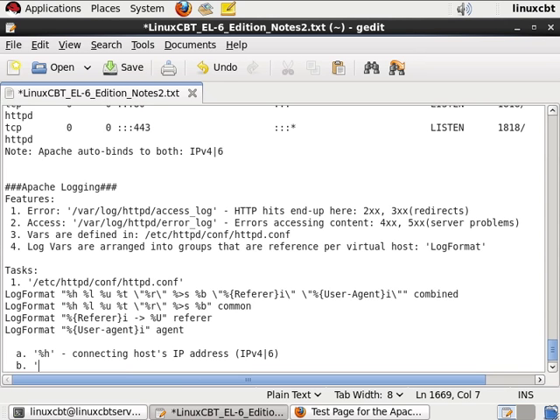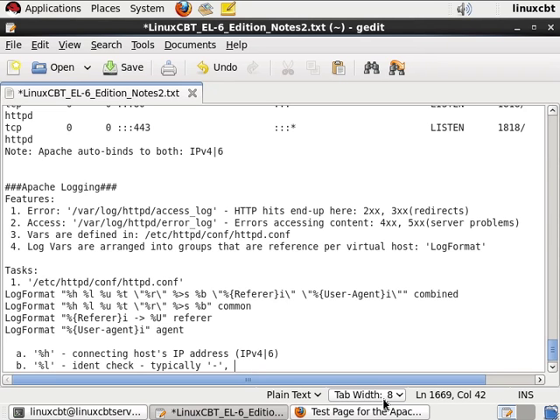Then we see %l. %l relates to data that typically are not available. It's an ident check. And this information is usually not available. So it's typically simply a hyphen. Fields that are not available are represented by a hyphen. So you'll see a host name, which is usually an IP address, followed by a hyphen indicating there's no ident